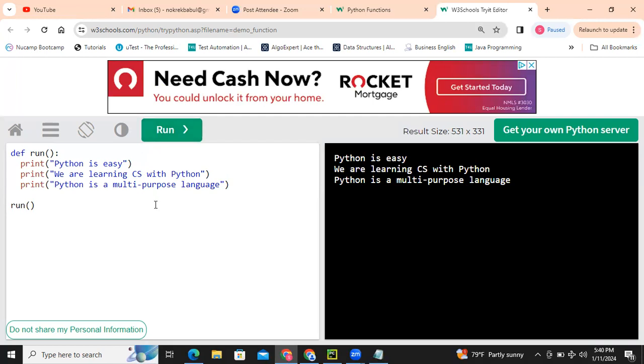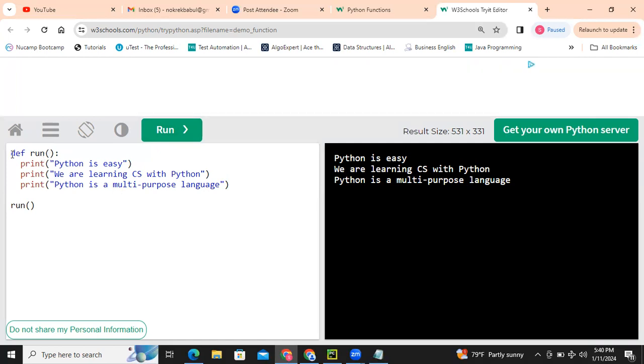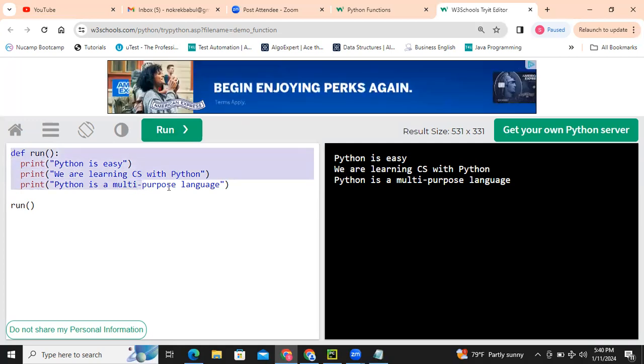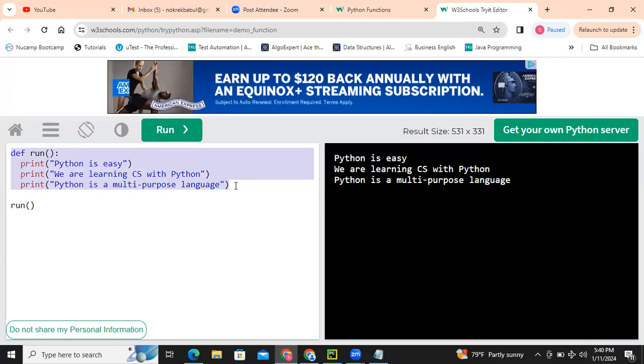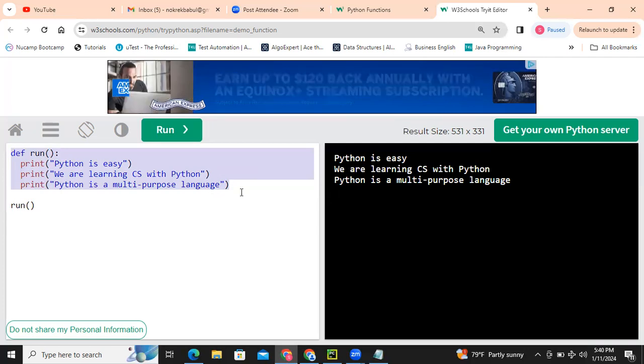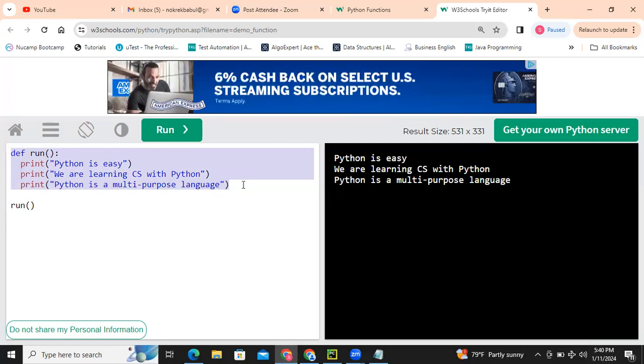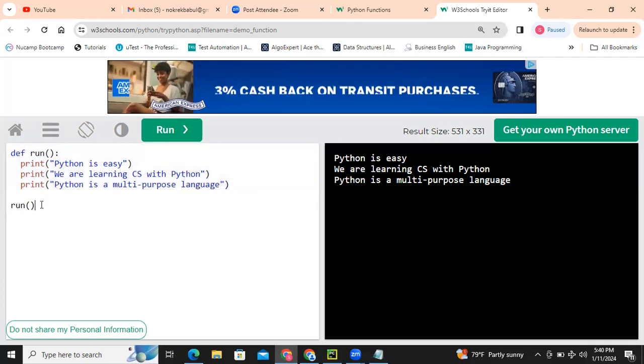So do we have to write the code inside of another function all the time, or can we write it in a different way? You are printing these things only. You can define as many functions as you need. Okay, if you need more functions, you can define them.